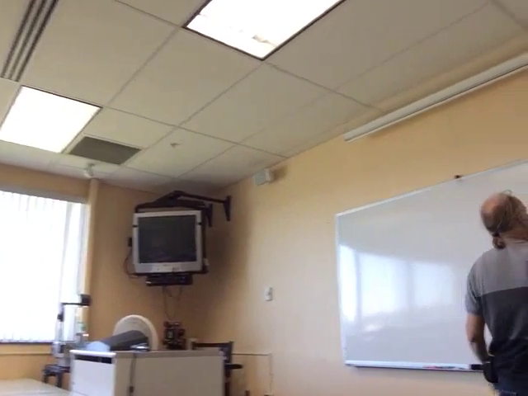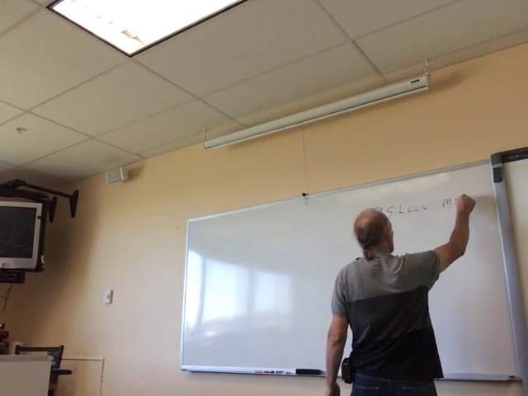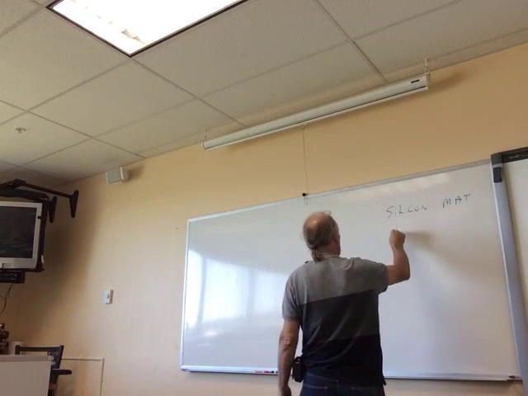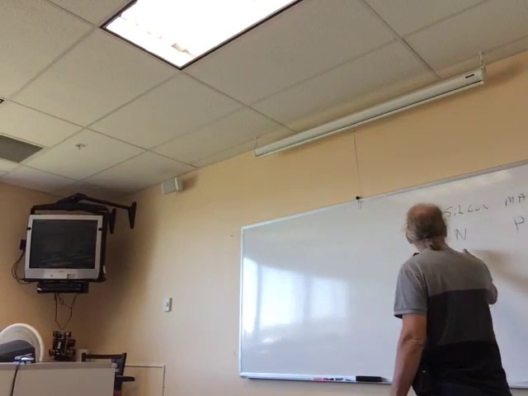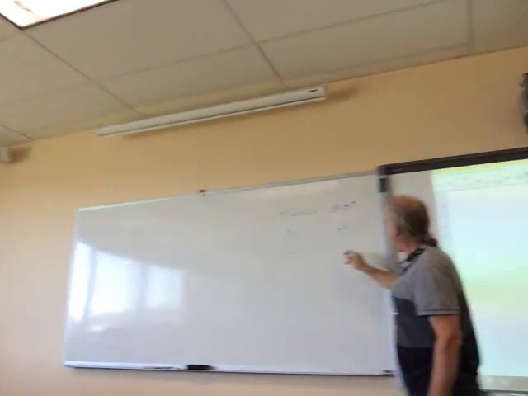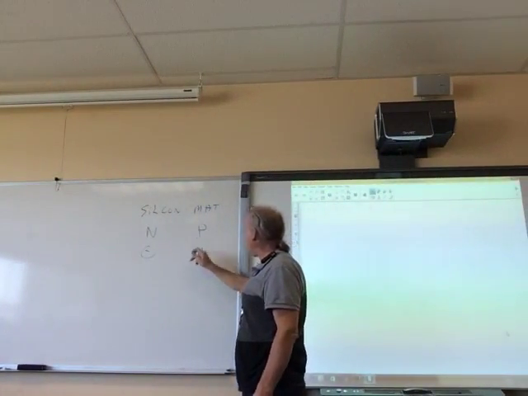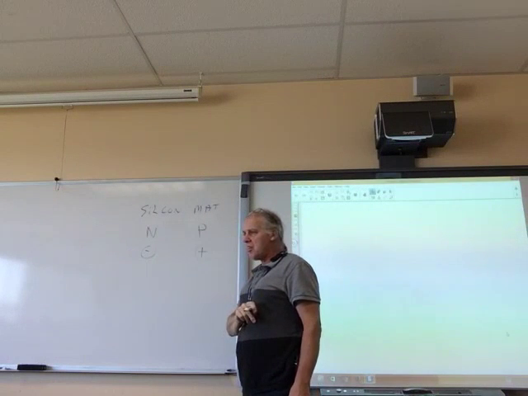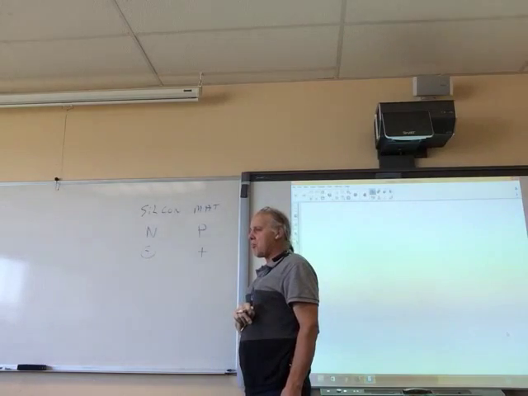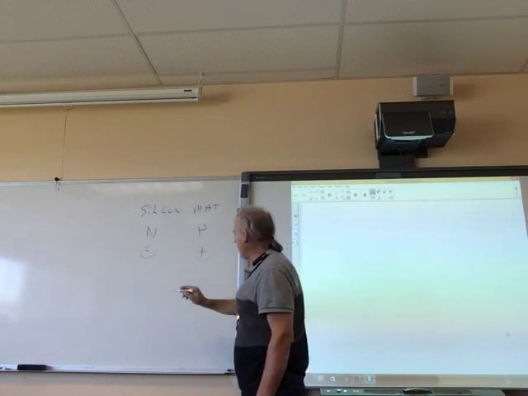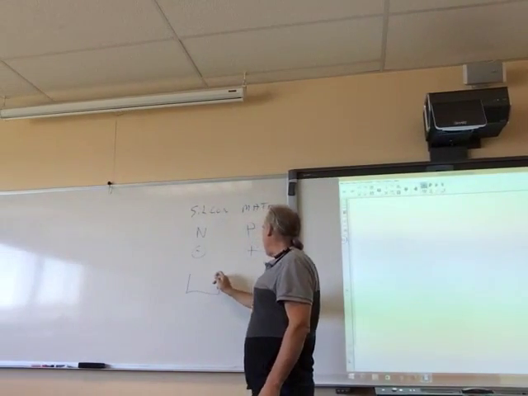We have silicon material, and it comes in two types, N and P. The N material is negatively charged, the P material is positively charged. And what we're going to do is we're going to mate them up. We're going to put them together. And when we do that, we're going to create